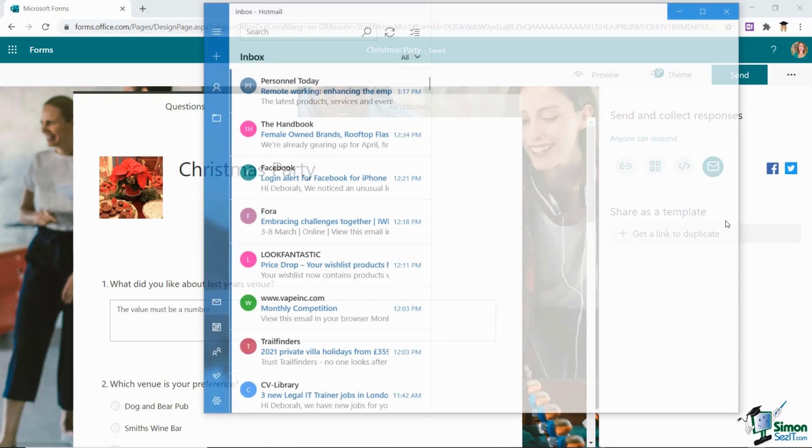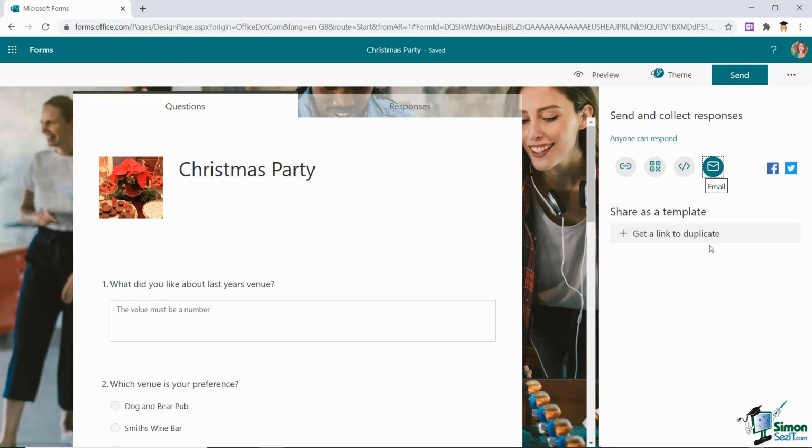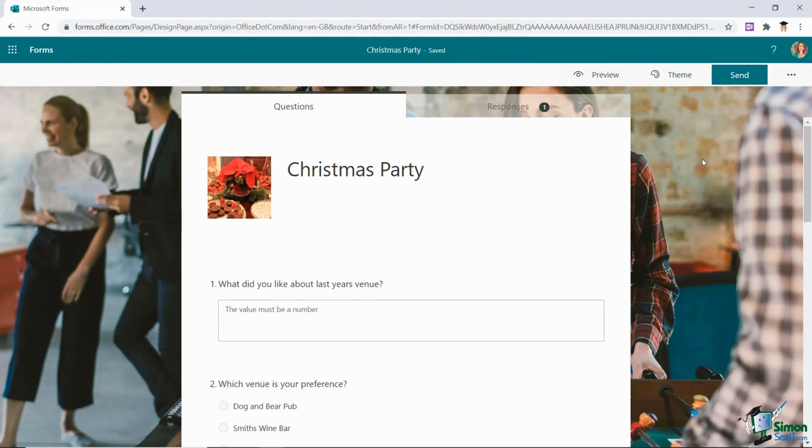And then finally, you have the option to email directly from Outlook, and that's going to open up an Outlook email for you with a link to the form. You could also share this as a template so that it can be reused by others with just some of the information changed. So I've sent this form out to a group of people, and what you'll see is that